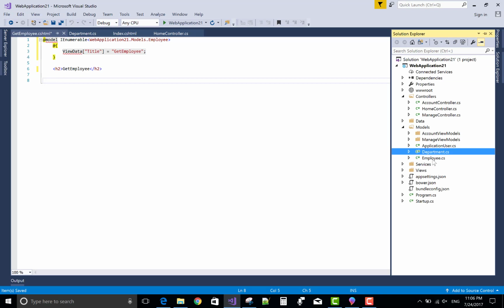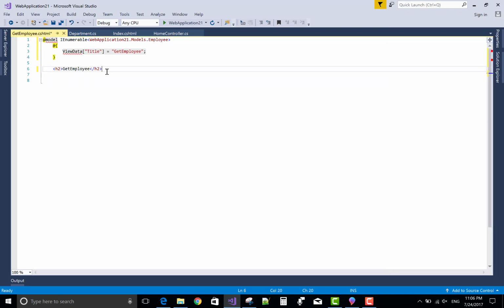You can check the table name in the Solution Explorer, employee. Okay, that's fine.